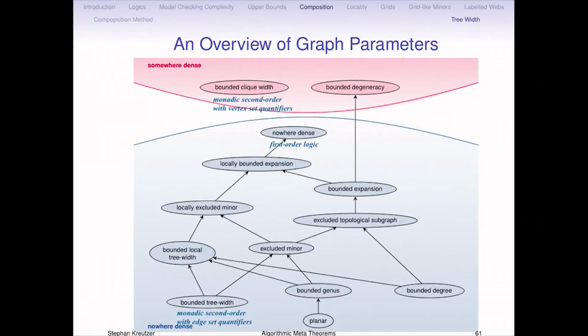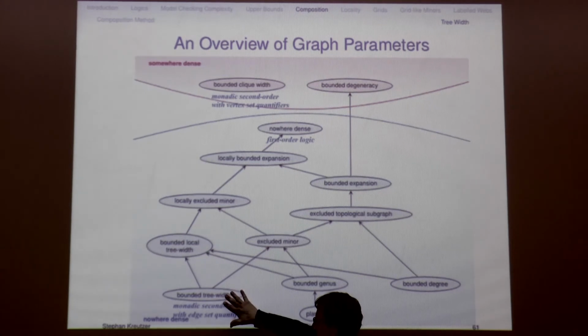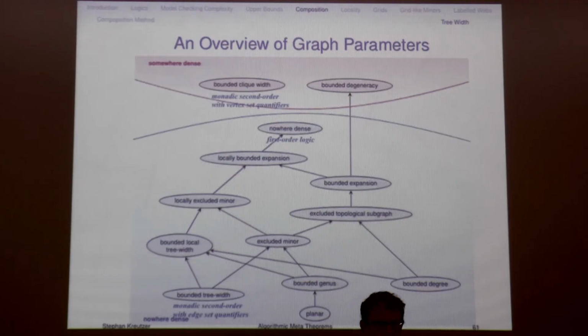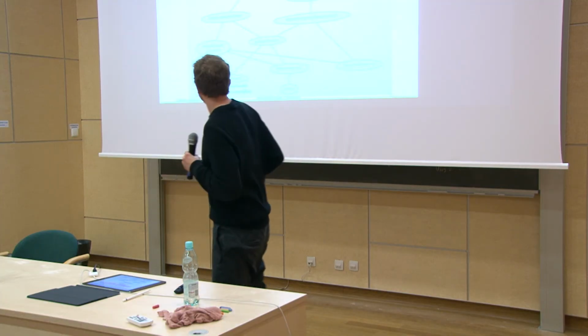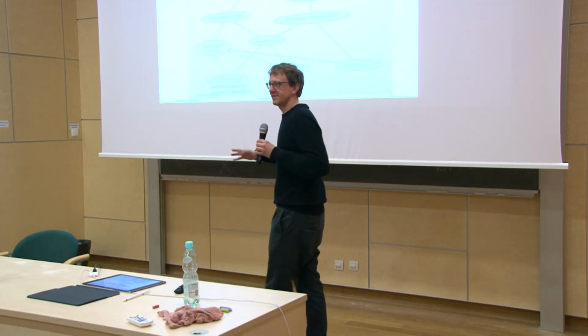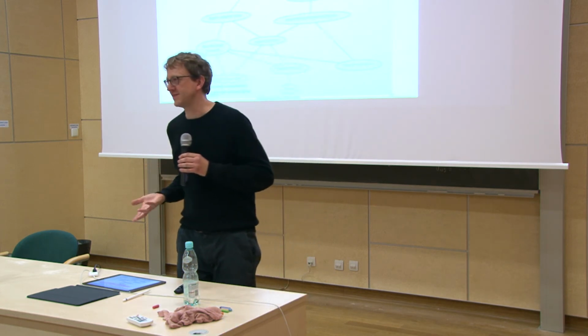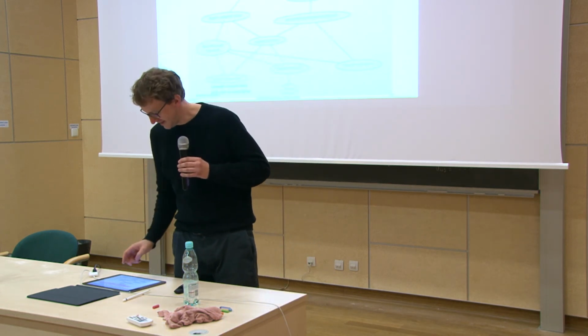So what we've seen now is this case: on tree-like graphs, you can do monadic MSO2 model checking in linear time. And you can ask, can we do better? Can we go up? The answer is fishy, but it's no. It's not very precise, and you'll see this tomorrow morning.